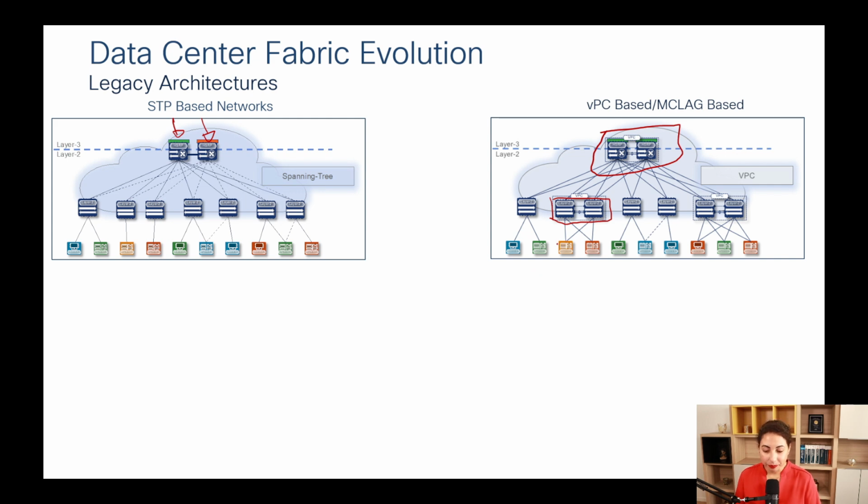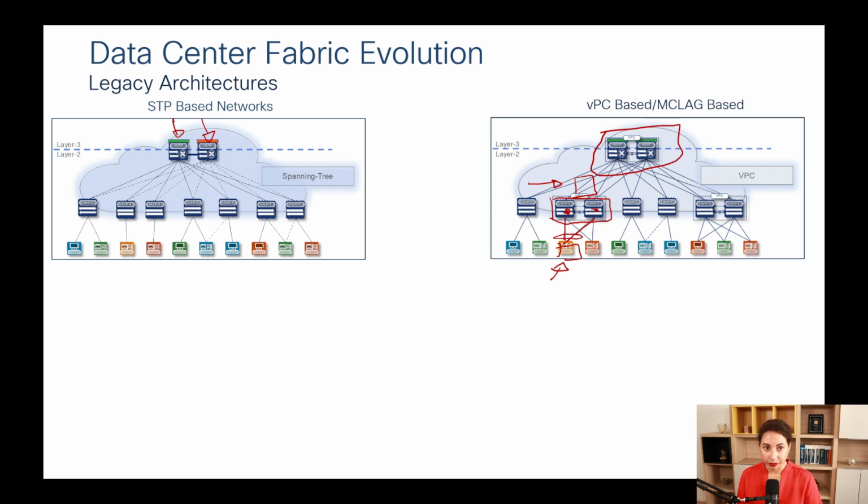Because now, if I take any host, any server, or whatever it is, I can dual attach it to 2 different switches of my topology, and this will form a port channel. From the perspective of this host, again, these 2 switches, really, they are acting like just one. So the LACP PDUs that these 2 switches will send will be the same, will contain the same identifier. So this will trick the connected devices. Of course, VPC is much more complex than this, and we will have a whole section to cover VPC. For now, we are just seeing the enhancements it brings from the perspective of our previous use case. So now we are having all these links that are in non-blocking states. We are taking the advantage of all the available bandwidth